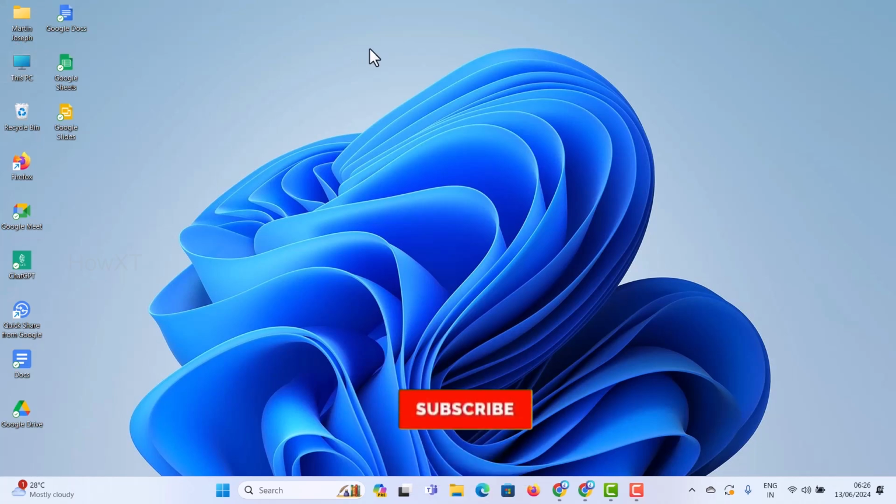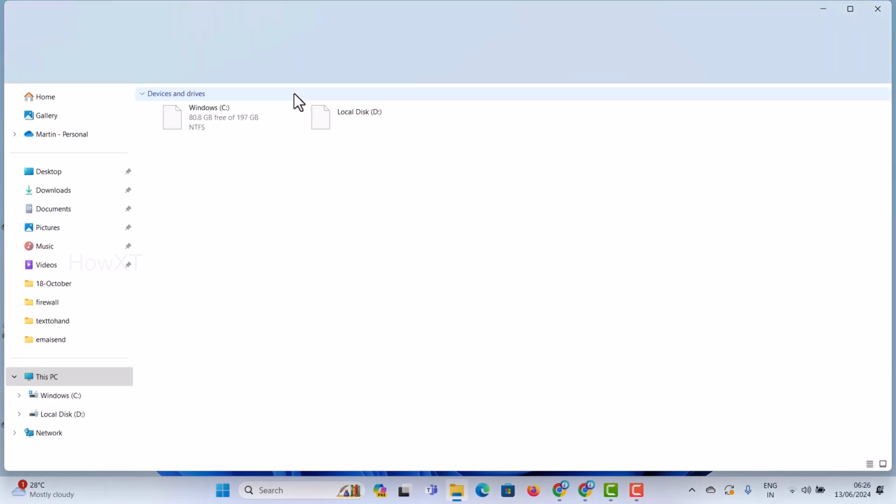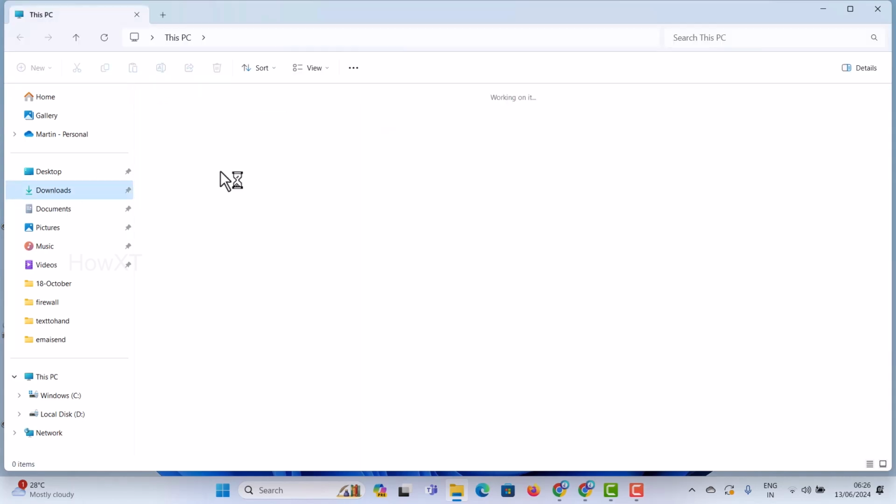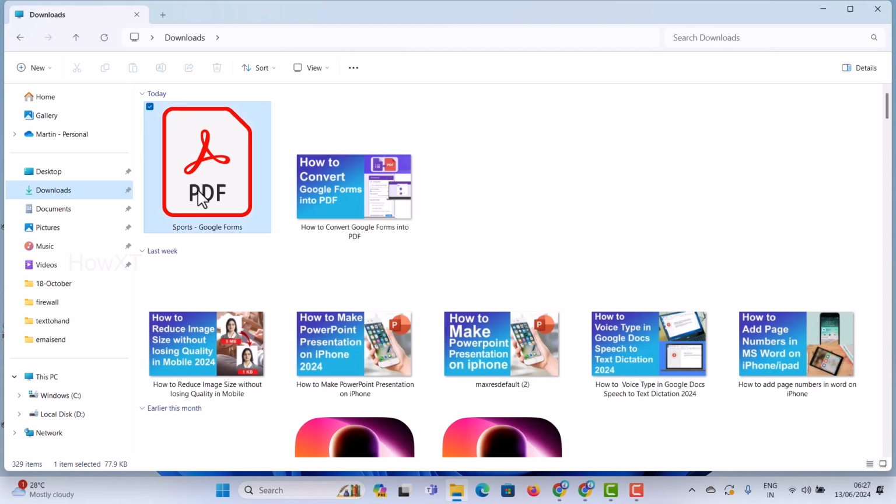So I can show you the PDF format which I have downloaded from the Google Form. In this simple and easy way I am able to download and give a physical copy to my students in the PDF format of my Google Form, so that it will be easy for me. So, the sports Google Form is already there, so I can check it out and I can open it as a PDF,